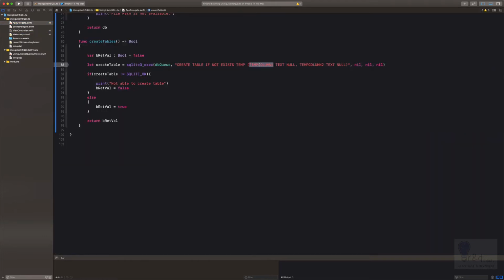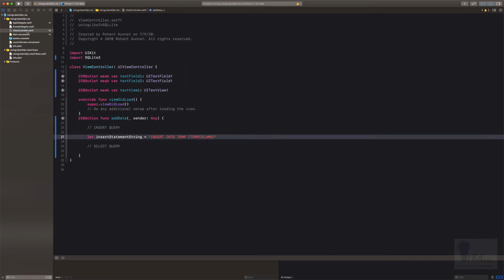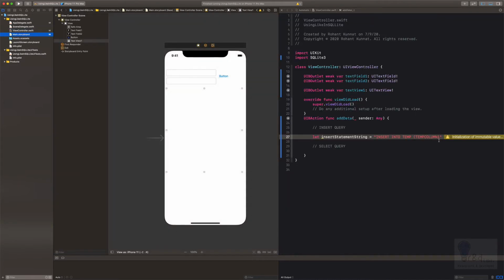So we have temp column 1, let's copy that to this. Let's say temp column 1 comma temp column 2, and just close the brackets, and values